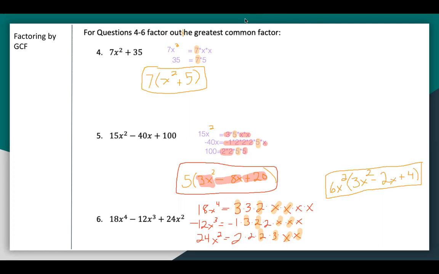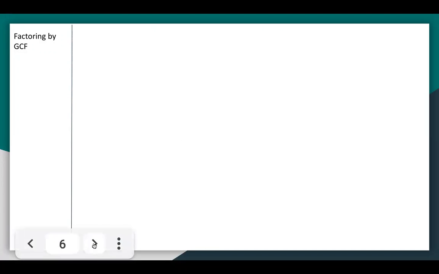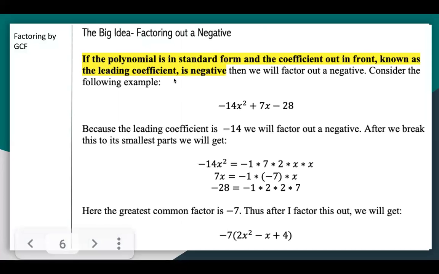All right. So taking a look at this, I'm going to erase all what's on here. Now, this brings us to our next big idea. When do we factor out a negative? Okay. Well, whenever we factor out a negative, this occurs, and you can see it's highlighted, if the polynomial is in standard form